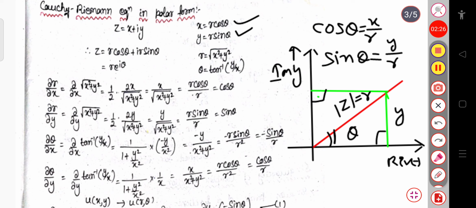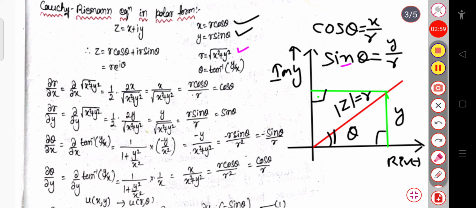Now if we square these two equations, then x square equals r square cos square theta and y square will be r square sin square theta. Then adding these two equations after squaring, this becomes x square plus y square, that will be r square, or we can write r equal to the root of x square plus y square. Similarly, if I divide sin theta by cos theta, that will be tan theta. Tan theta will be y by x, or theta equal to tan inverse y by x.